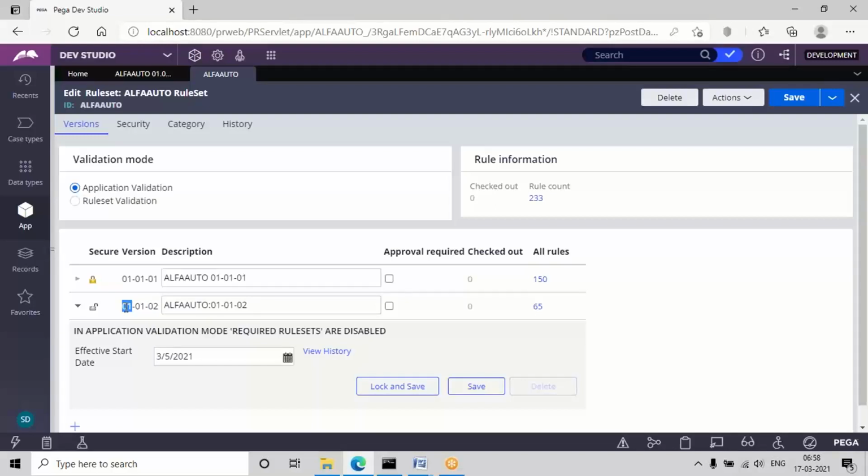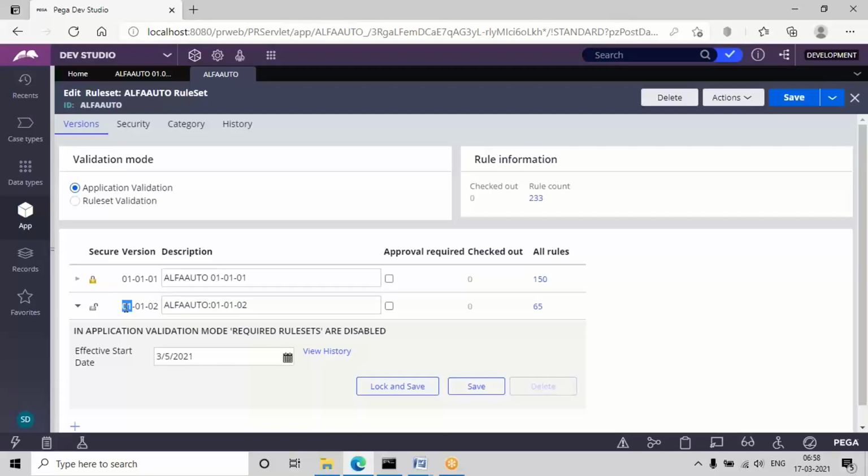But what happens in the skimming process in the backend? See, in real time when you're working in an application, you may have multiple versions, like 0 1 0 1 0 1 up to 0 1 0 1 30 also you can have. So whenever we customize a rule, sometimes we can move from version 1 to version 10, version 1 to version 20 whenever we are updating, again from version 20 to 25 you can move.